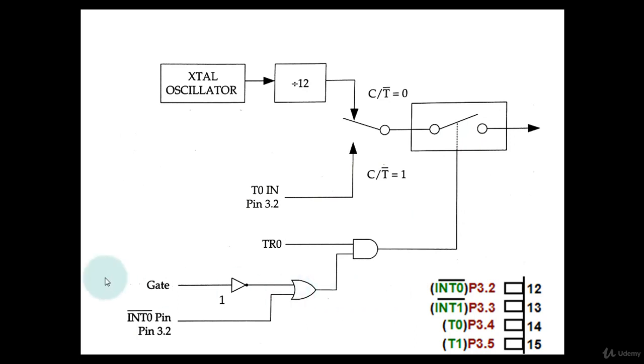But when the gate is 1, the output of NOT gate here would be 0. Now, in this case, the timer module will get turned on only when the INT0 bar is 1 and TR0 is 1. If it is 1, 1 and with 1, 1, then only it will get status 1 and this hardware module will get turned on. So that is the use of gate pin,